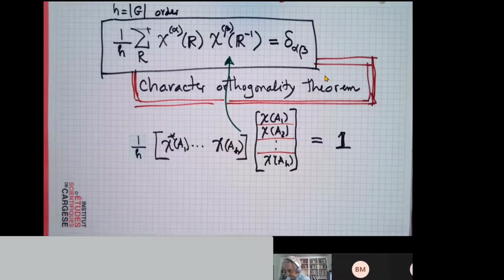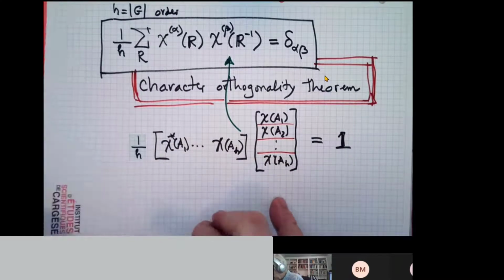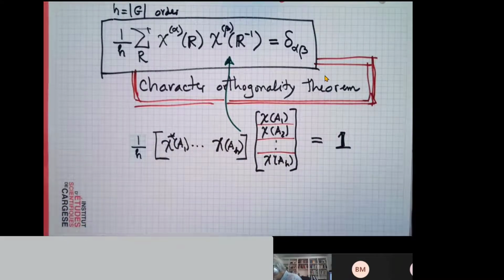Number two, these characters are actually quite simple numbers, and there are tricks for how to compute them without writing matrices, just by using character orthogonality, basically. That's the first remark to make about this. The other remark is that